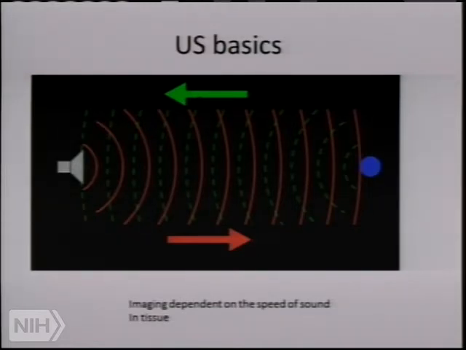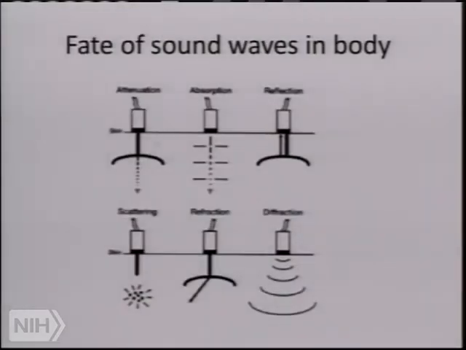So basically, it's a sonar. You send out a sound wave from the transducer over here. It propagates through the tissue. It hits an object, which then reflects it back to the receiver. And so you send out a pulse and listen. And depending on how long it takes the sound to get back, you can then, by the speed of sound, know where that reflector is coming from.